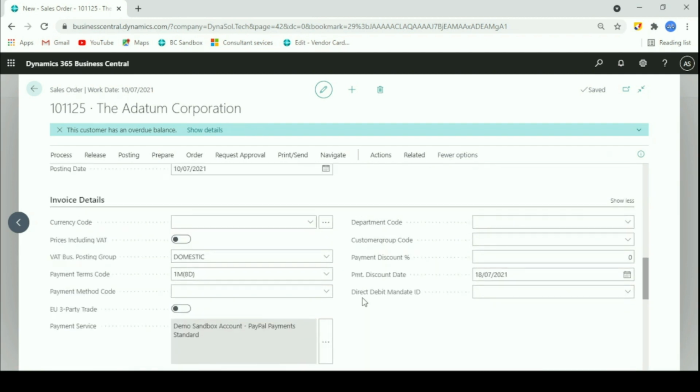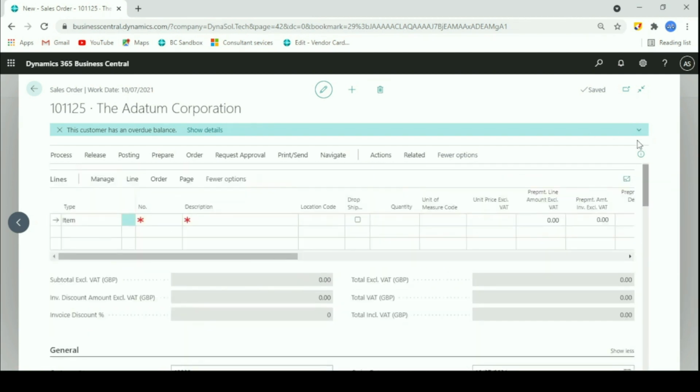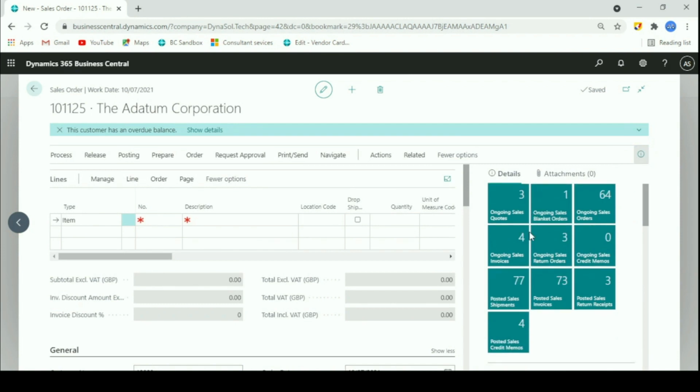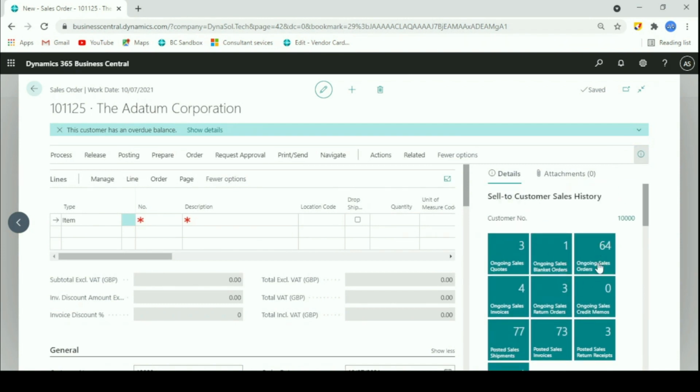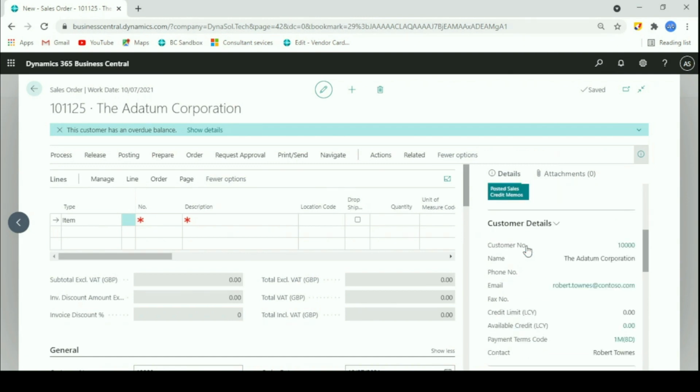As you can see, I have much of the information I required. By clicking the FactBox on the right-hand side, it gives me all the details of the customer, the ongoing sales orders, the ongoing sales invoices, and other things.